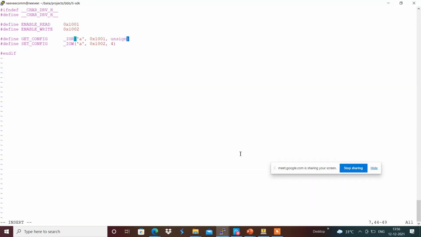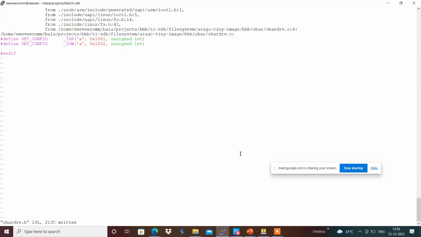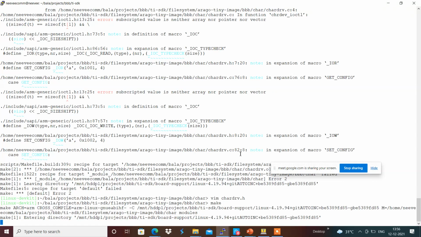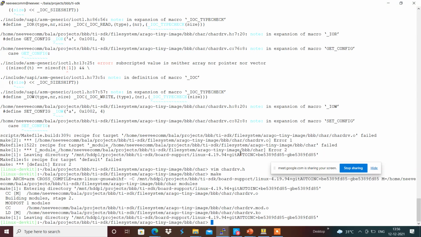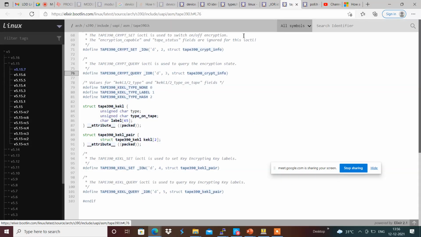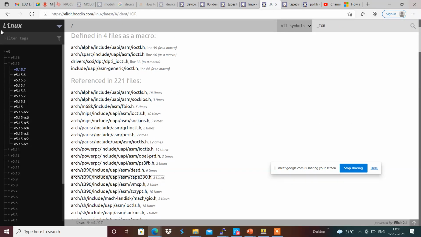It's something that the third argument we have to provide is the size, the data type size. We have to give it accordingly over here, which makes it have to get included.